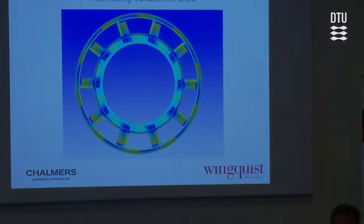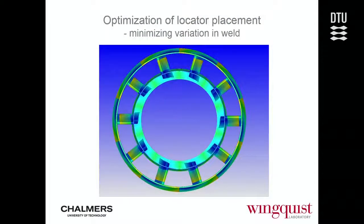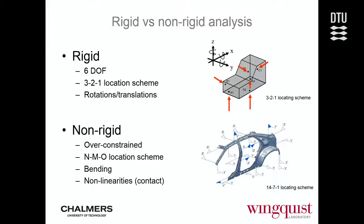So this is another type of part we are working with GKN actually to build fixtures, welding fixtures. So this was all for rigid analysis. Now you have 6 degrees of freedom, and I think it's good to start with rigid analysis. But many of the companies we work with don't have any rigid parts. They have parts like this, where you have 14 locators in one direction, 7 in the other, and 1 in